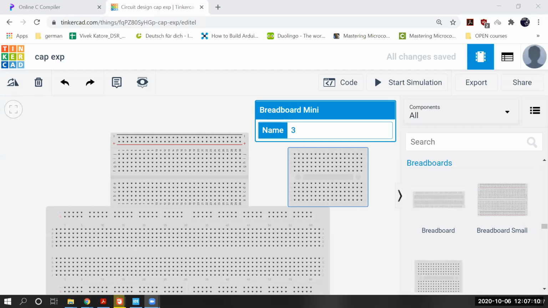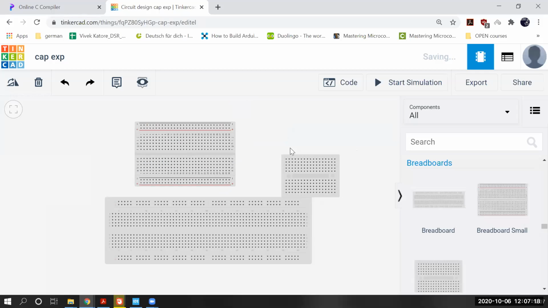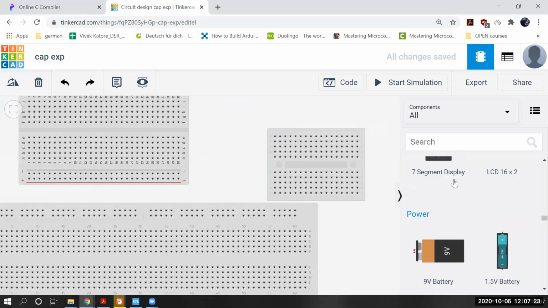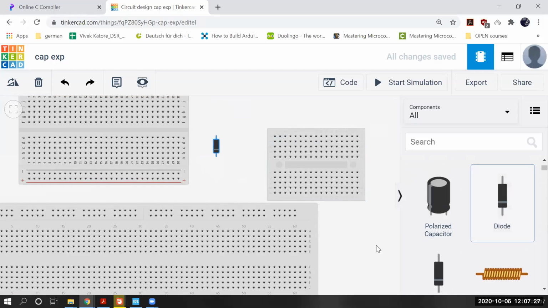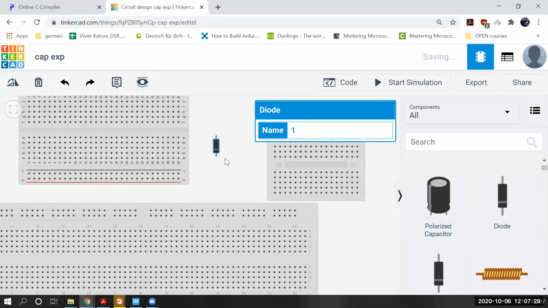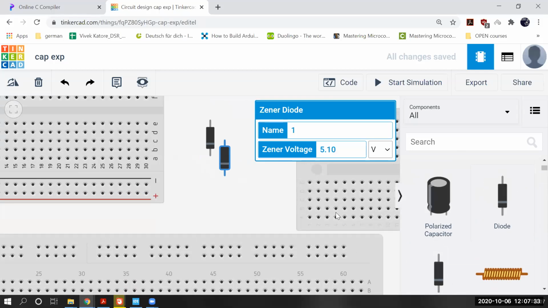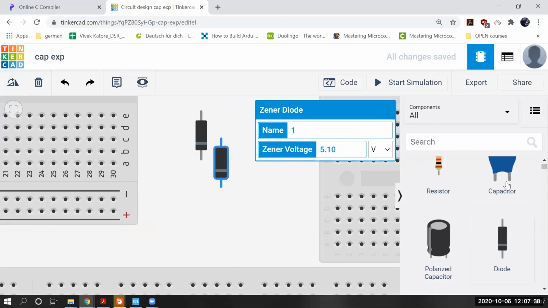Okay. So these are the breadboards we will talk about in this session if we get time. But before this, we are going to talk about diodes and what exactly they are. There are actually two types of diodes: one is a general diode and one is a simple diode, just like with capacitors we had a capacitor and a polarized capacitor, right?